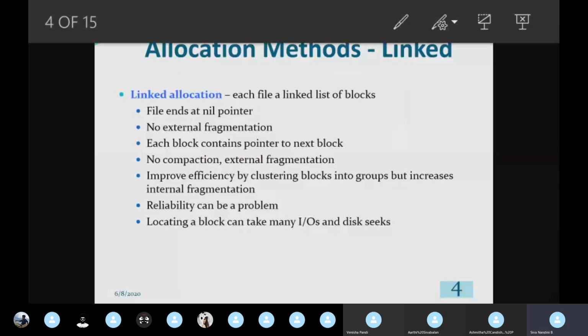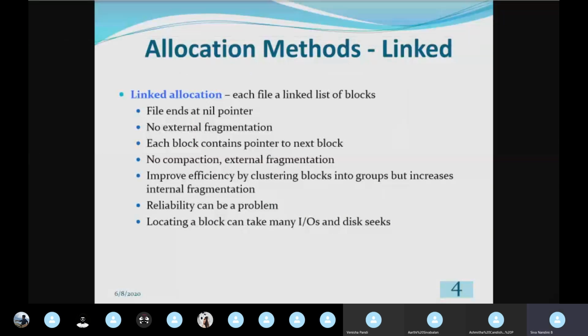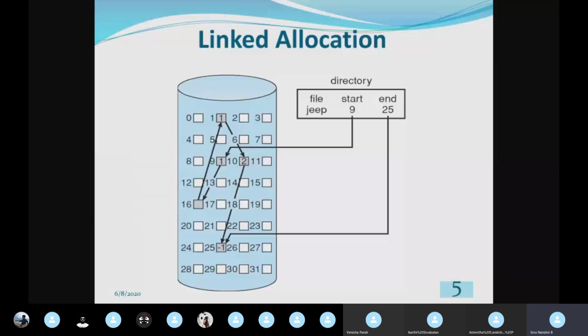Okay, next. Locating a block can take many I/O and disk seeks. For example, in this file G, if I want to access the fourth logical block, what should it do? It should start from the 9th logical block. This 9th logical block will contain the pointer only to the second logical block. It doesn't contain the pointer to the fourth logical block.